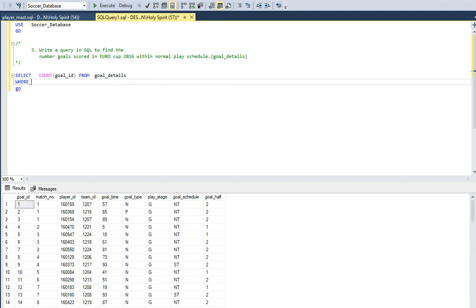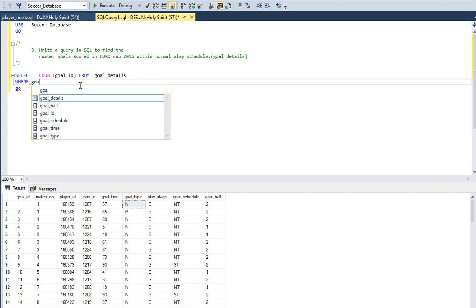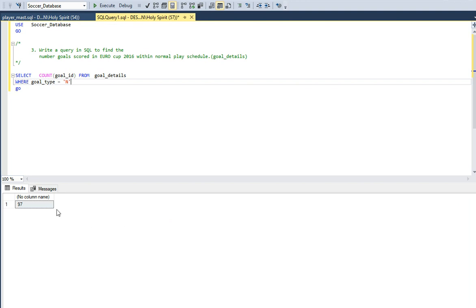Okay, in description of tables it says normal play schedule is N. So where goal type is equal to N. So execute. 97